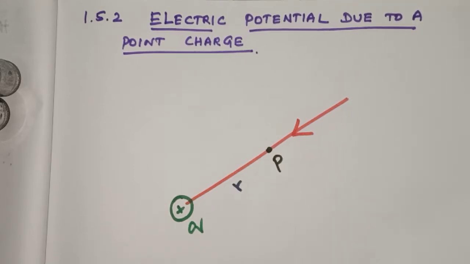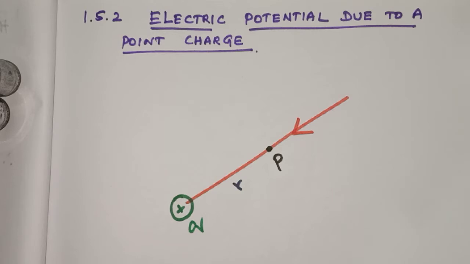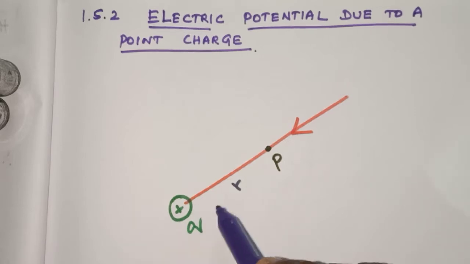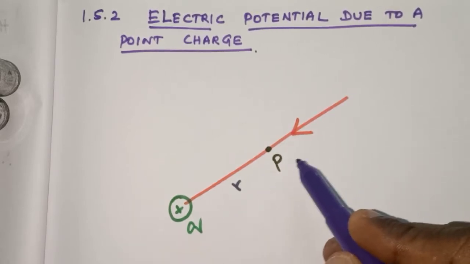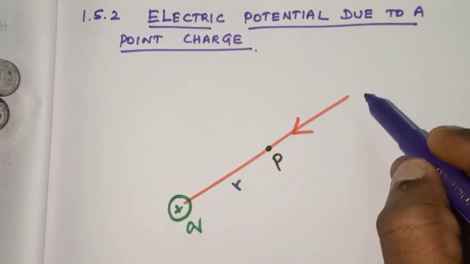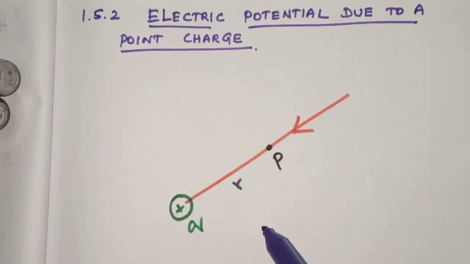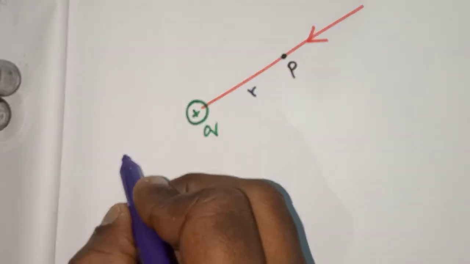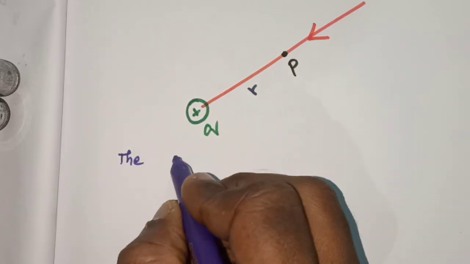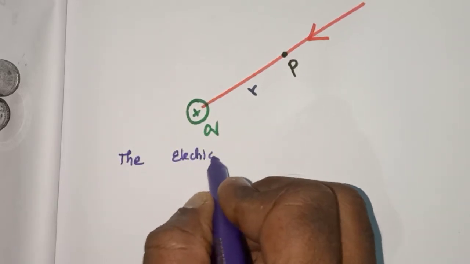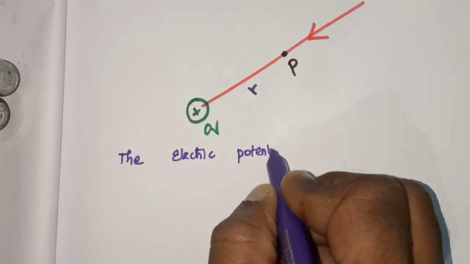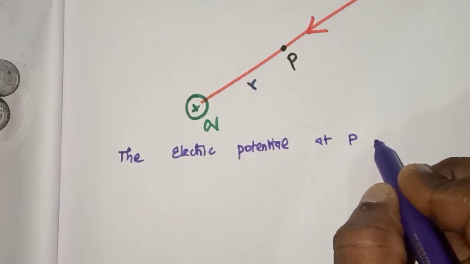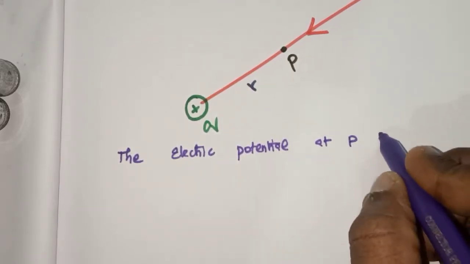Dear students, now we are going to see electric potential due to a point charge. Here the potential at P with respect to infinity, the electric potential at a point P, is given by